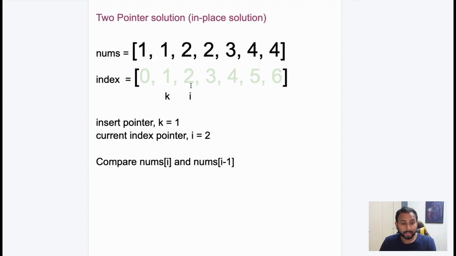Now again we compare nums of I and nums of I minus 1, which is 2 and 1 in this case. Now this time they both have different values, which is 1 and 2. Now when we have different values for I and I minus 1, it means that we are encountering 2 for the very first time. And then we have to insert in nums of k the value of nums of I. So our logic would look something like this. If nums of I is not equal to nums of I minus 1,